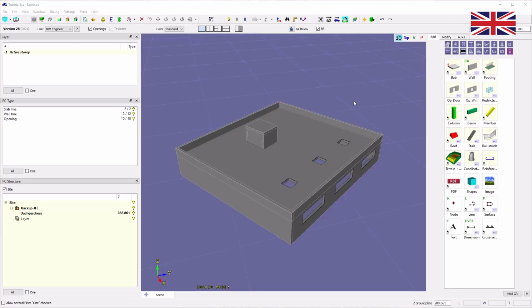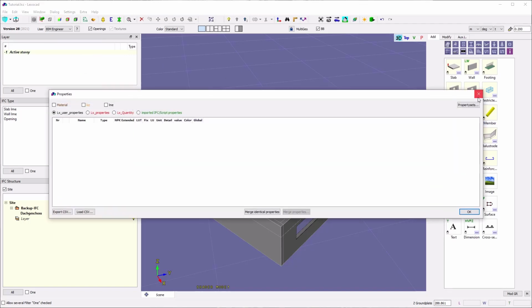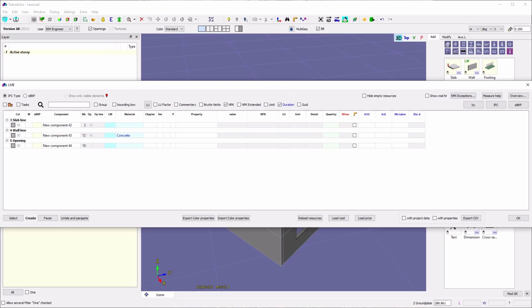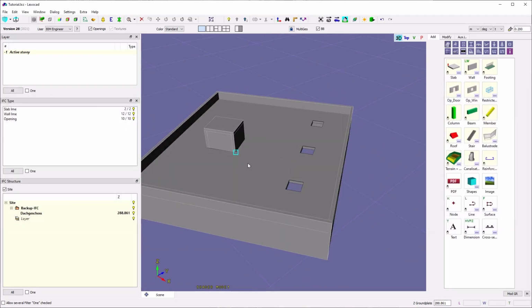Hello. In this small tutorial, we'll have a look at the construction of waterproof roofing and some 4D tasks. Also, we'll have a look at our properties and some measurements, dimensions of our constructed elements. First, we begin with our